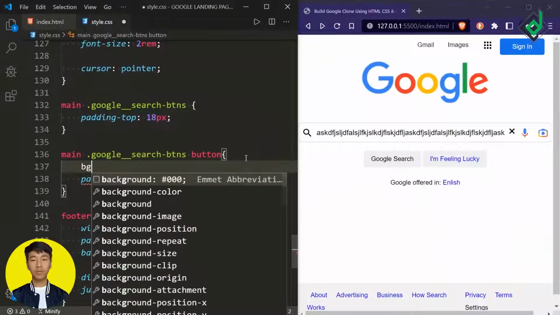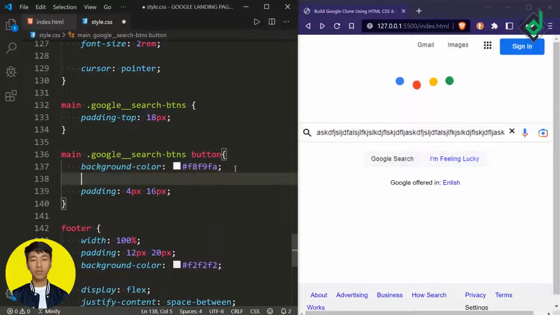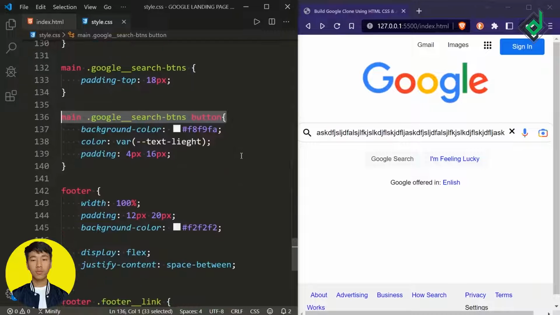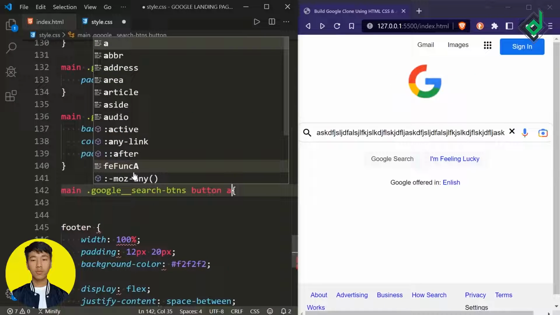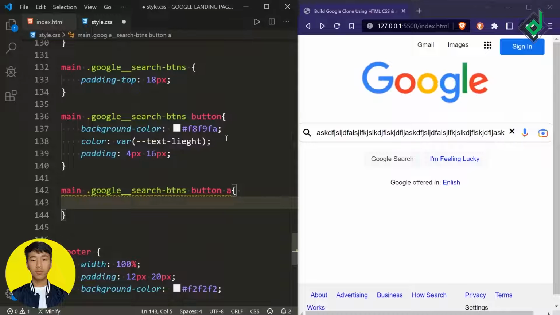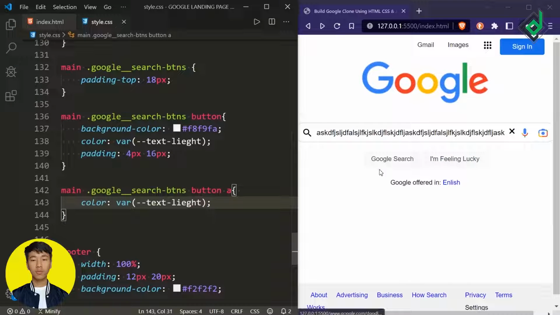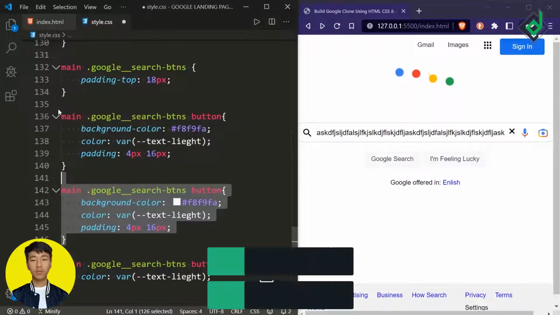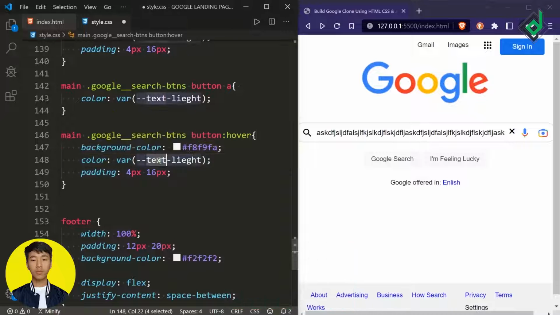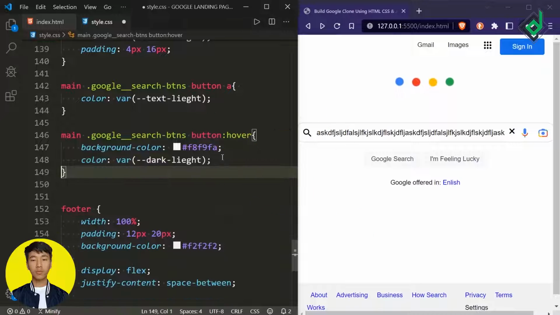And also I want to give background color to light gray color. And for the text color, let's give that text light CSS variable. The anchor tag that is within the button element, so this anchor tag, okay. Let's change color to, I'm giving the same color, so let's duplicate the color and take it down. And also let's select this code and once more duplicate it. Let's take it down. Now when you hover these buttons, let's change its text color to text dark CSS variable, my bad. And also let's give the box shadow.